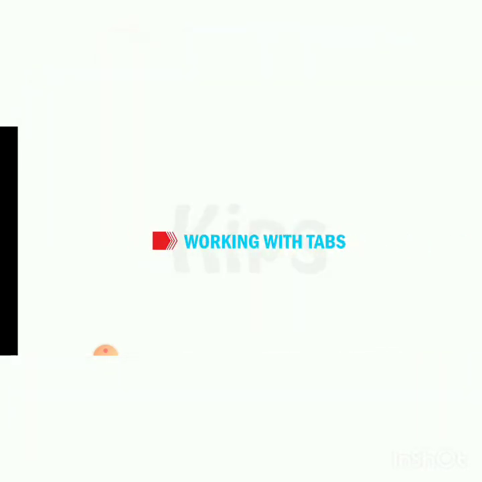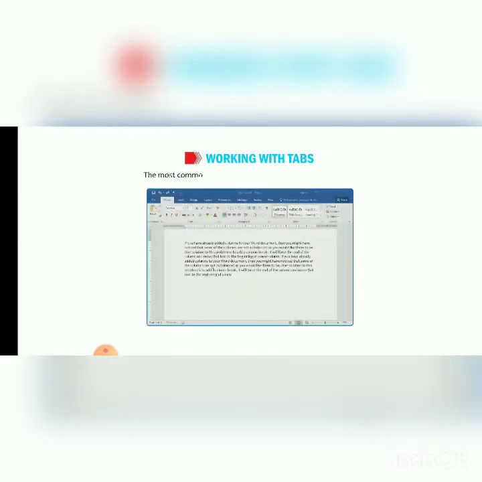Let us learn working with tabs. The most common way to indent the text is to use the tab key. It is used to move the cursor at certain spaces in the document. By default, tab stops are set at every 0.5 inch. You can set the tab stops along the ruler according to your requirement. When you press the tab key, the cursor automatically jumps to the next tab. Tabs can also be created using the leader lines. The leaders insert dots or dashes in the space leading up to the tab stop.